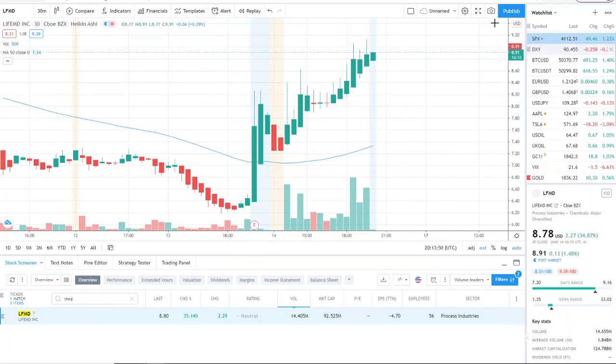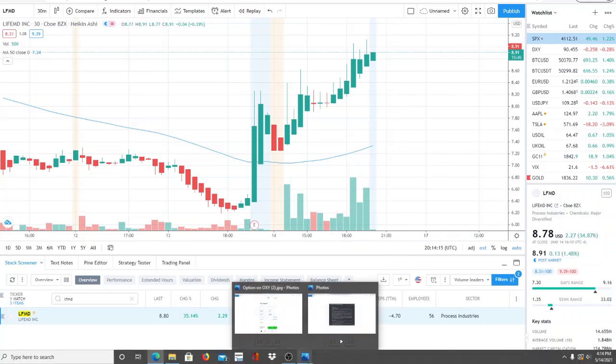So this was a home run for the day, LFMD, and it needed volume, guys. This was pretty low in volume. It was like around 500,000 in pre-market. So it needed a lot of volume, and look how the day ended up. 14 million in volume, another home run for the taking on this one to end the week. Pretty strong, guys. Pretty interesting day,